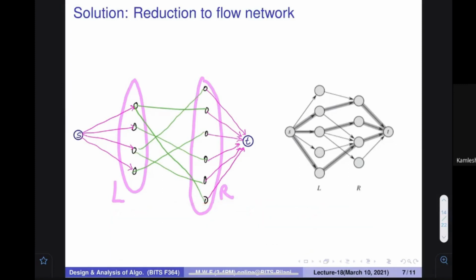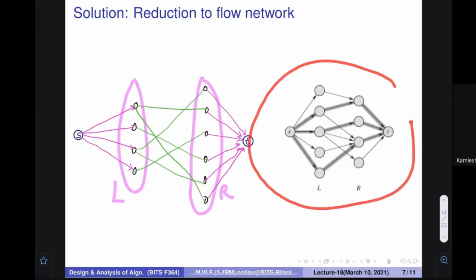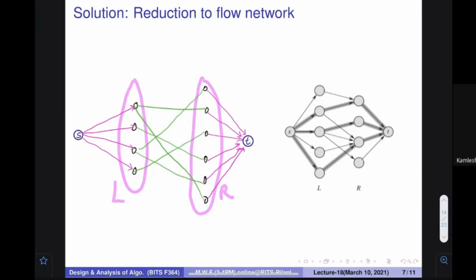Everybody comfortable about this? Everybody can see this? Okay, right now let's not talk about the maximum flow, only talk about the flow. The flow would be only of this particular kind. Everything would be kind of disjoint. All the paths would be disjoint. Okay, can you write yes? Anybody write yes?